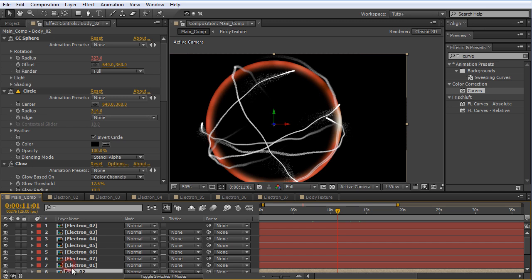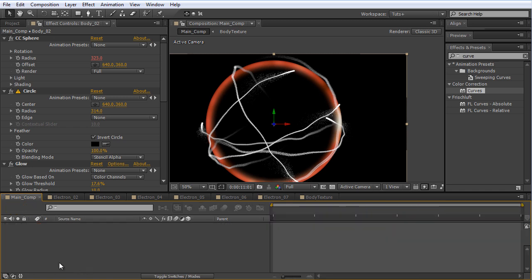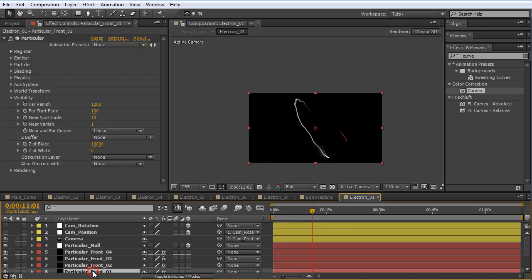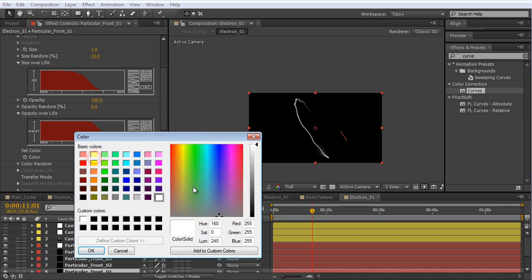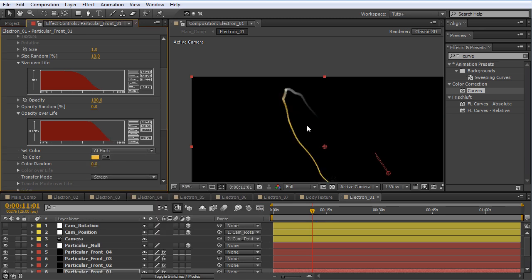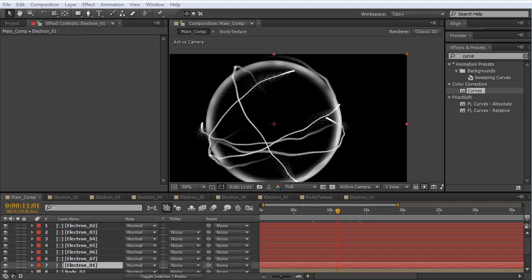And if we go to the electron, let's say electron 1, and go to particular 1 and to the particle section, we can set the color to be somewhere around that gold color, which is all very nice.